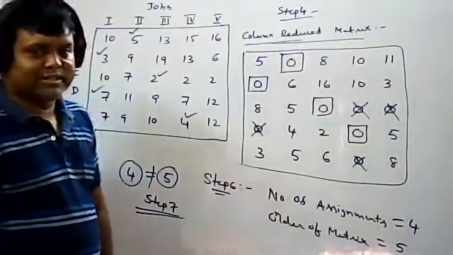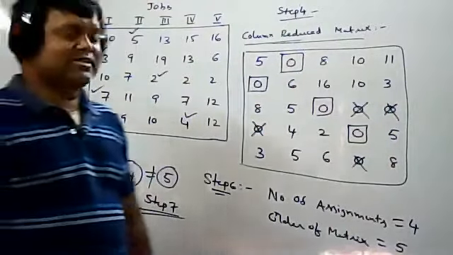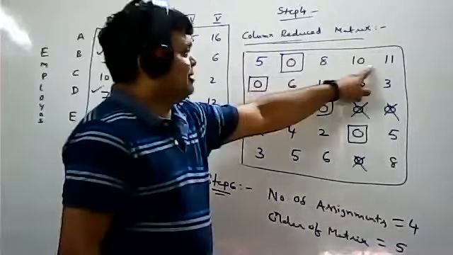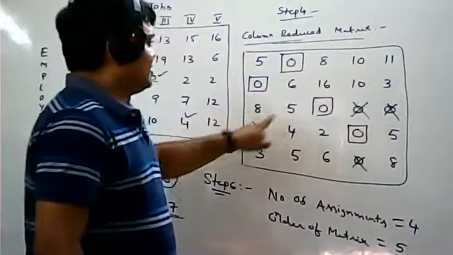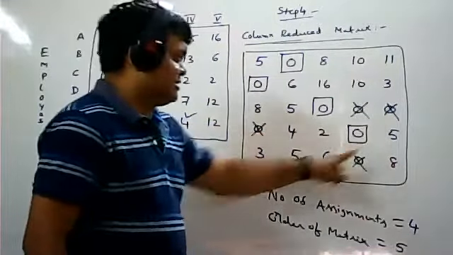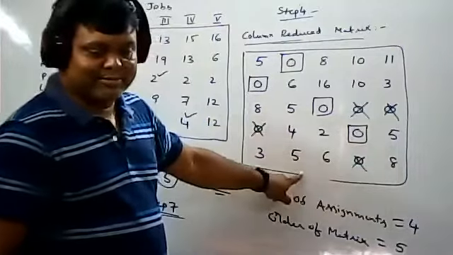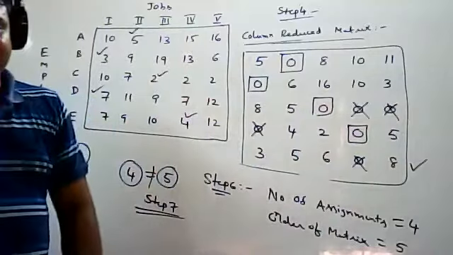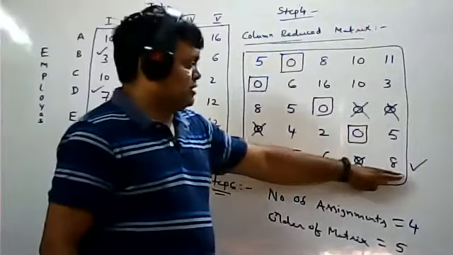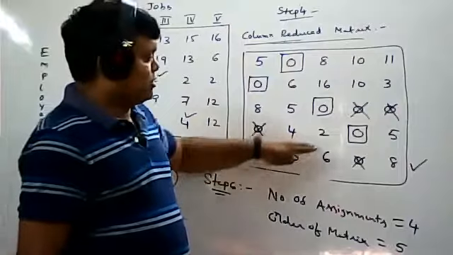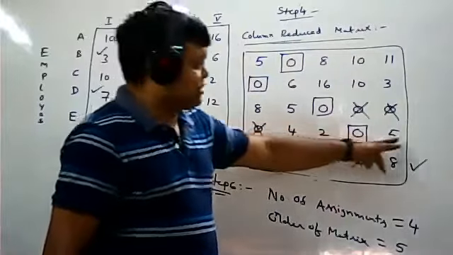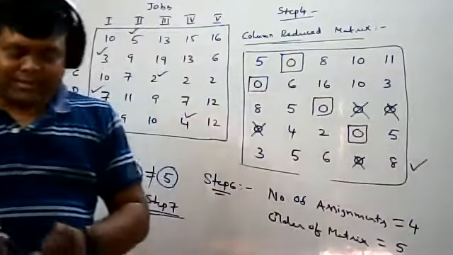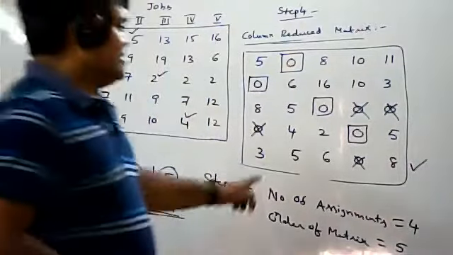So what are the steps in the tick mark procedure? First step is to tick the particular row which has no assignment. First row, assignment is there. Second row, assignment is there. Third row, assignment is there. Fourth row, assignment is there. Fifth row, assignment is not there. Assignment means rectangle symbol. In this case, only one row doesn't have an assignment. Sometimes if you don't get an assignment in another row, you can tick that row also. So the first step in the tick mark procedure is to tick the particular row which has no assignment. I have considered that one.